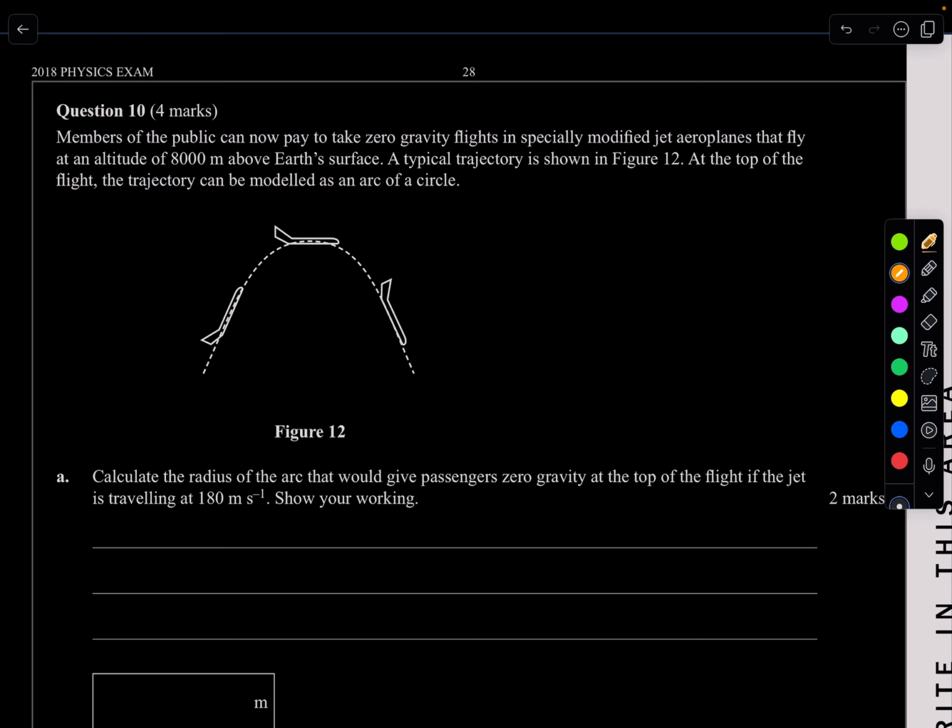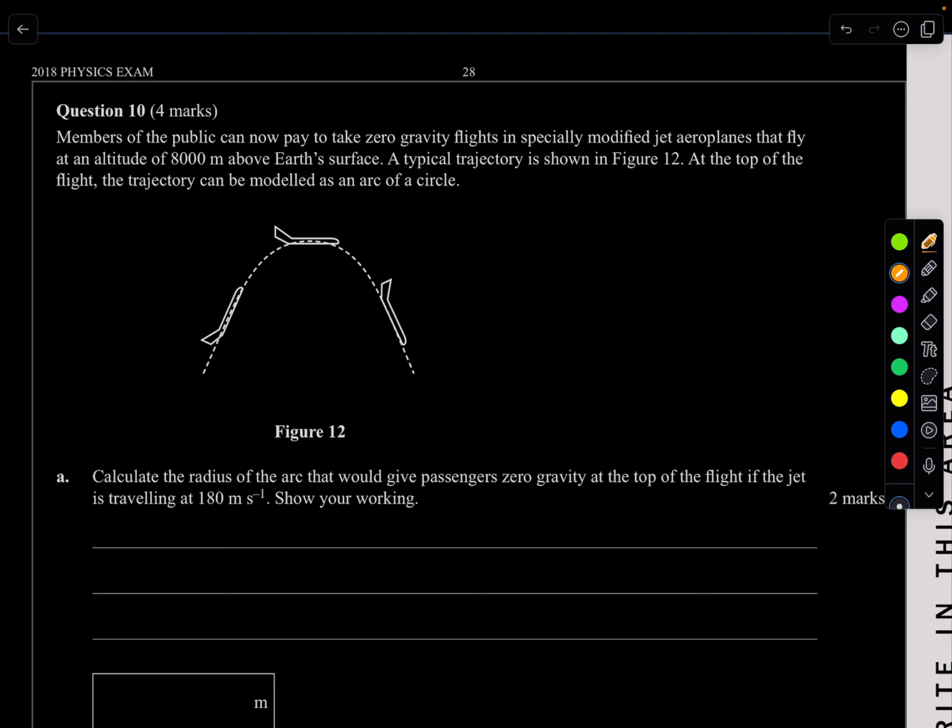Members of the public can now pay to take zero-gravity flights in especially modified jet aeroplanes that fly at an altitude of 8,000 meters above the Earth's surface. A typical trajectory is shown in Figure 12. At the top of the flight, the trajectory can be modeled as an arc of a circle. Calculate the radius of the arc that will give the passengers zero gravity at the top of the flight if the jet is traveling at 180 meters per second. You might think,